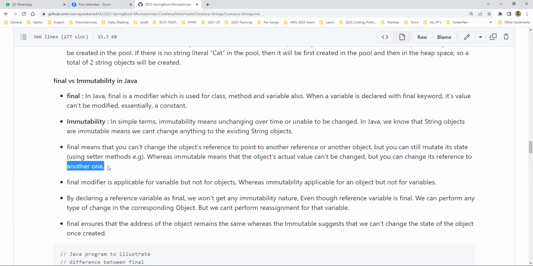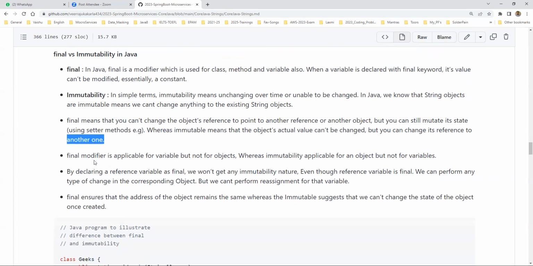So strings are immutable, but references we can assign to another state. Okay, we will see that. The final modifier is applicable to variables but not for the objects. Both are always similar behaviors, but with little differences. Immutability is for an object but not for the variables. Exactly, immutability behavior is for the objects only, string objects only, not for all the variables like int variables